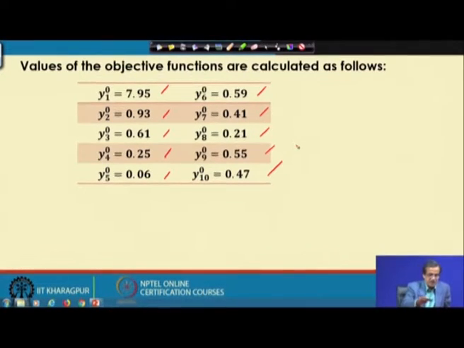So, using this I can find out what should be the values for this particular objective function, and once we have got the values of the objective function, now we can proceed further.